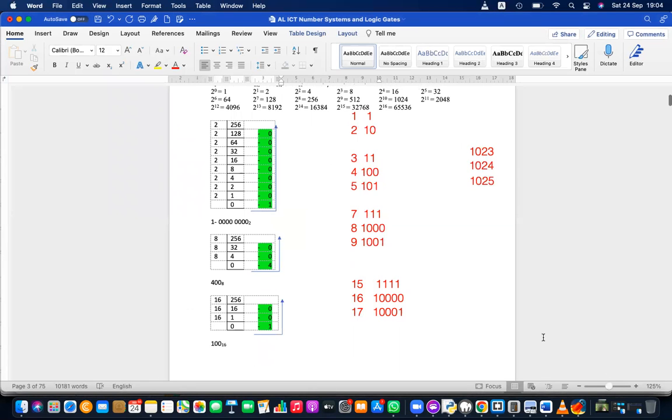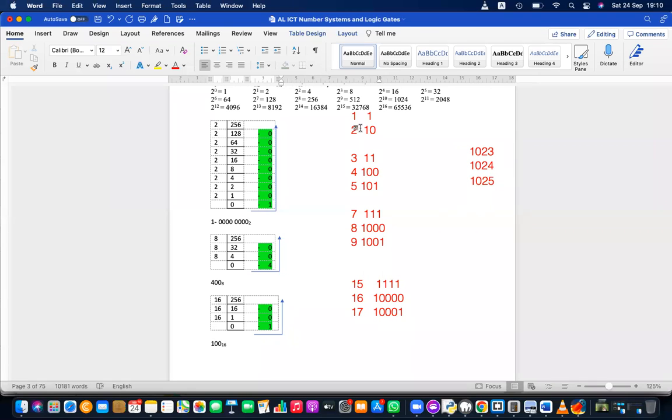Two to the power 1 to 2 to the power 16. Please write down this quickly. Right, none of you have given answers, right? Based on this